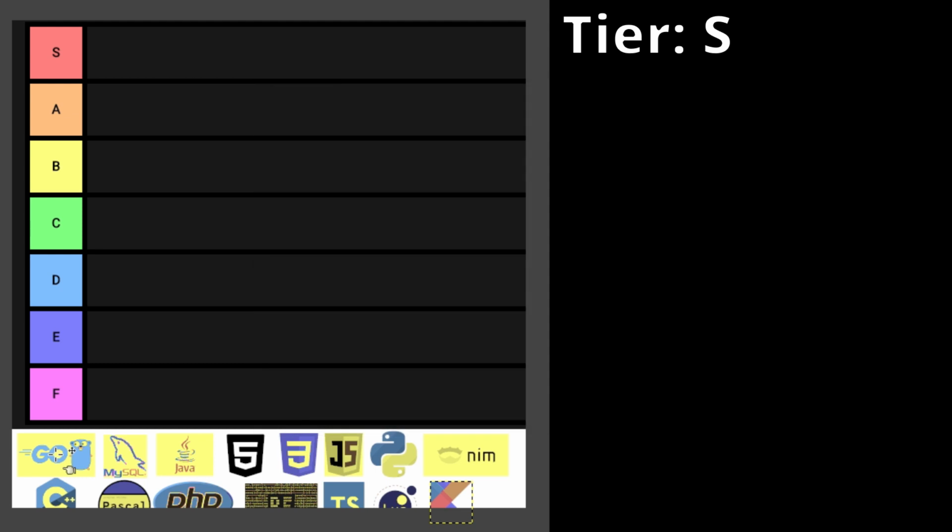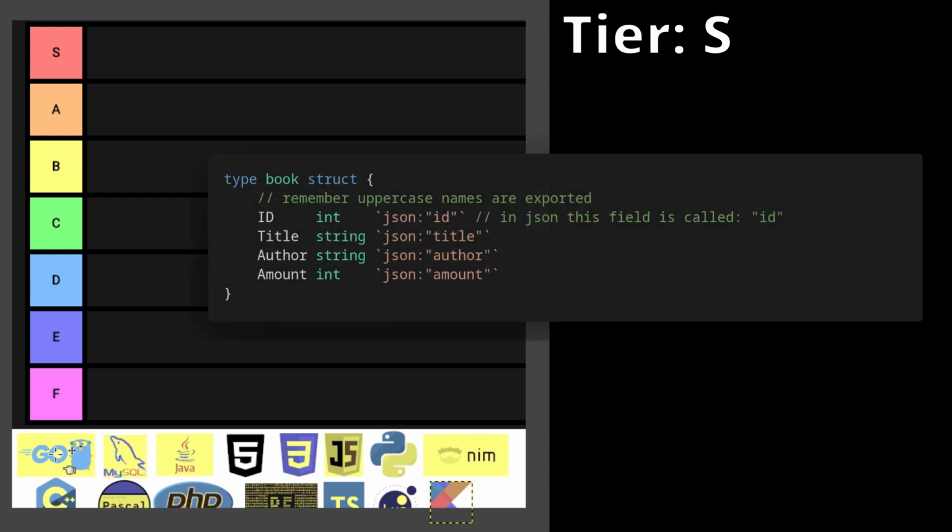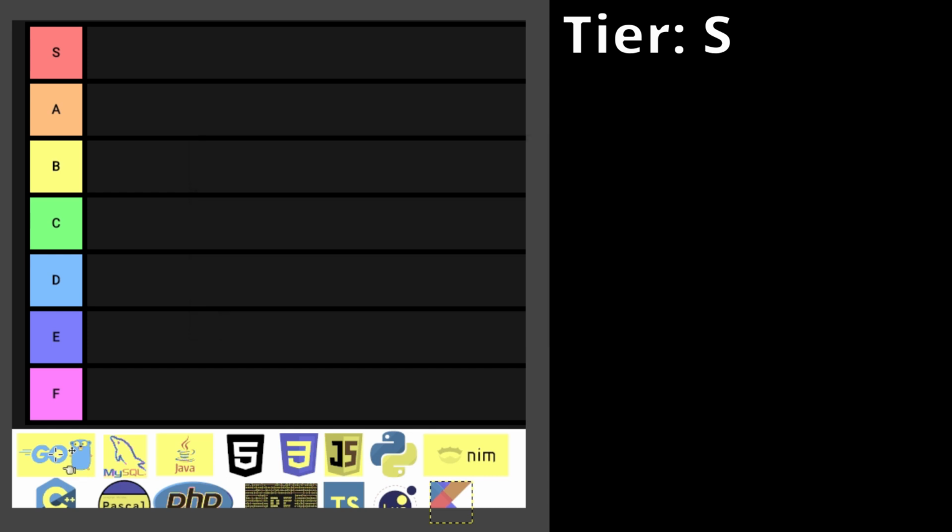The learning difficulty is not too bad. Go basics are pretty easy. It was made with simplicity in mind, so classes and a bunch of other data structures were merged into one data structure, and that's a struct. You only have one type of loop, which is the for loop, and that's better than having 3 different loops, which are the for loop, the while loop, the do while, and how many other loops you have. So it's pretty easy considering that you have less to learn because everything can be done with one thing now.